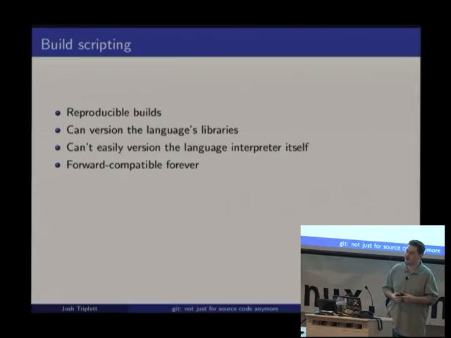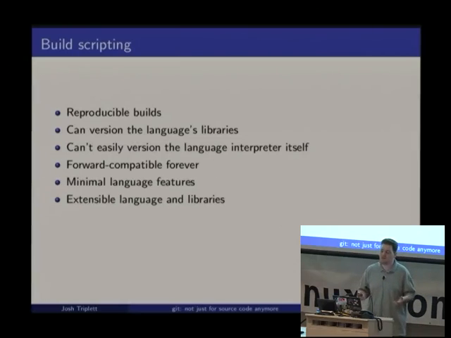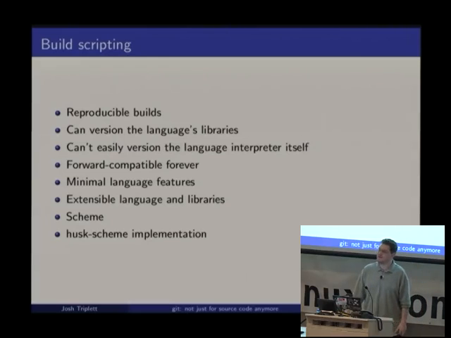So what I need is a language that I can reasonably believe will be forward compatible forever. I also need a language that has fairly minimal language features, but a very extensible language and libraries. Now, what language comes to mind when you're thinking of the smallest possible language with arbitrary extensibility and libraries? Lisp, right? So specifically, I ended up using Scheme as my implementation of build scripting